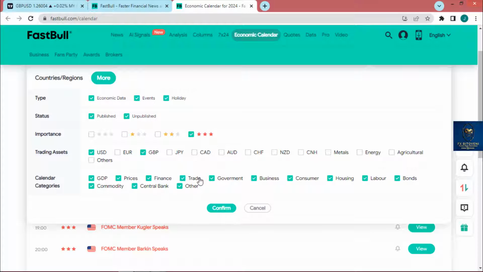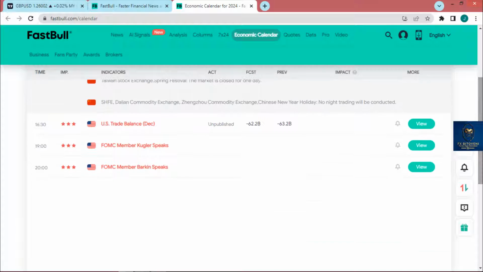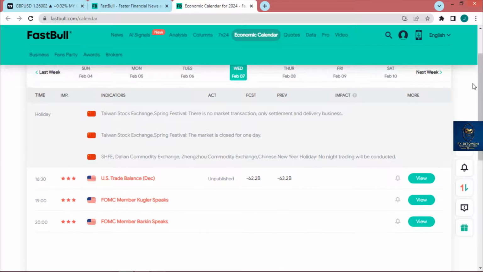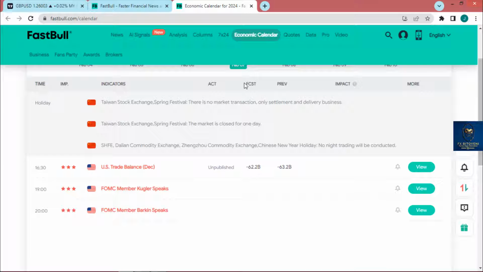So you have to know, on Monday I have this kind of news event, on Tuesday, Wednesday, and so on, guys. Hope you truly understand. Then you can click on confirm. Once you click on confirm, you will be seeing all the news you have within a particular day, from Monday, Tuesday, Wednesday, Thursday, Friday. Then remember, you're going to trade weekly candle. So every single day you will see the news, and then after